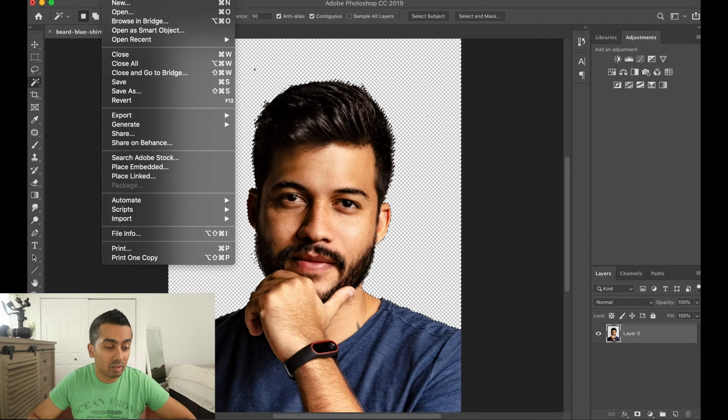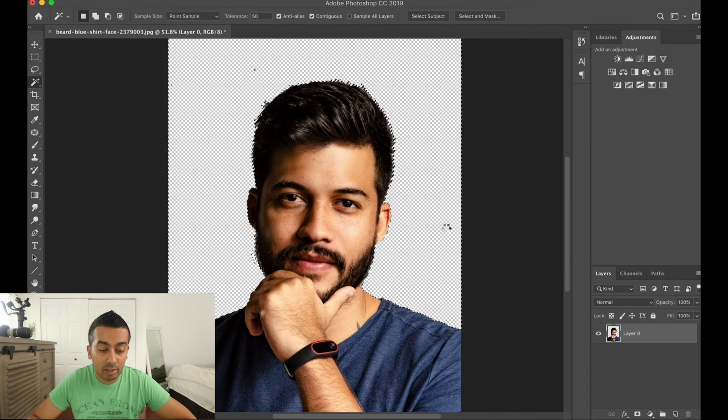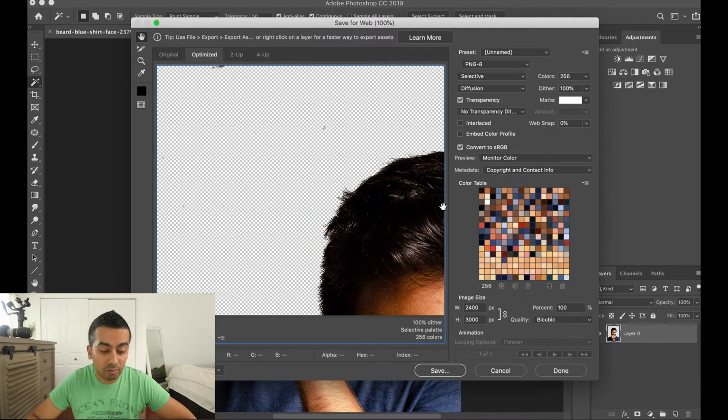So we'll hit File, then go to Export, and then you want to click on Save for Web. Go ahead and click on that. When you click on it, you'll get this confusing little box. Don't worry, all you've got to do is make sure that you've got it on PNG, and then you've got the transparency